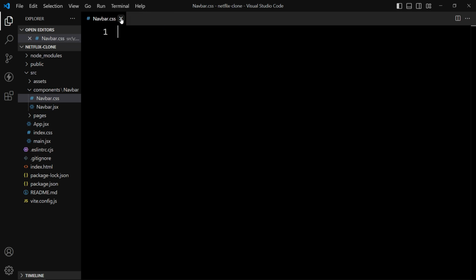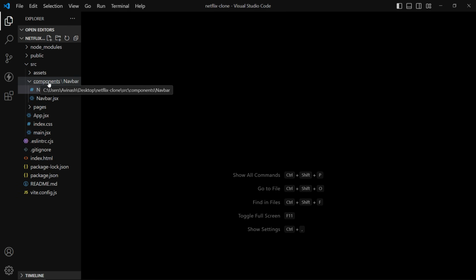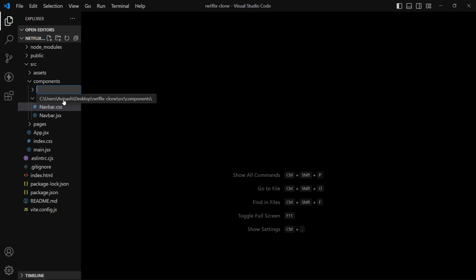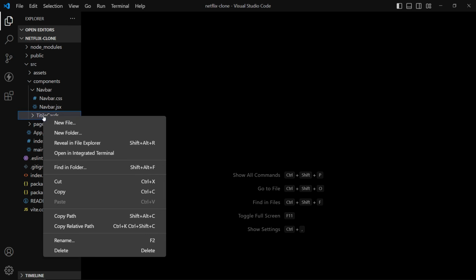After this navbar, we'll create another component. So in this components folder, we'll right click and select new folder, and the new component will be title cards. So just add title cards.